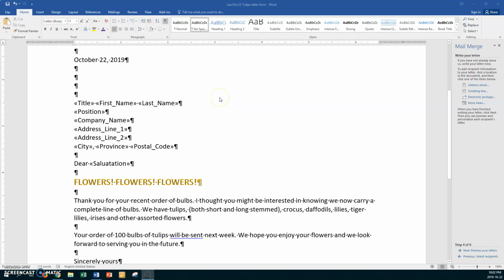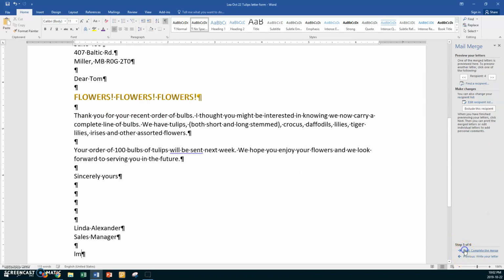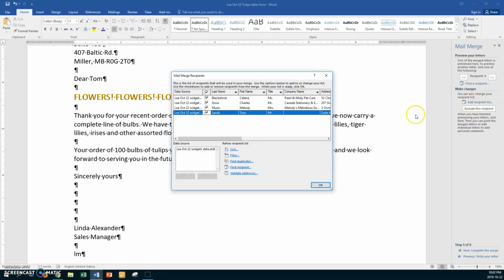Now, we've finished the tulips letter here, but we're not finished. We got some more codes to put in. And our next step is to edit the database. All right, so we're going to go to Next, and I want to click on Edit Recipient List. Okay, now remember, these are grayed out, so we have to make this blue and click on